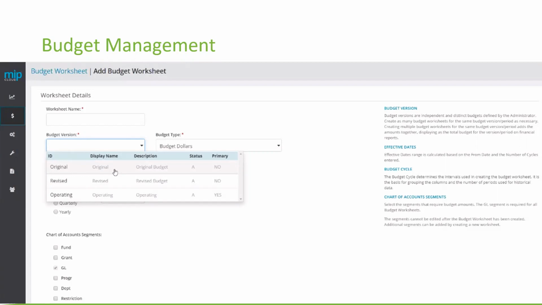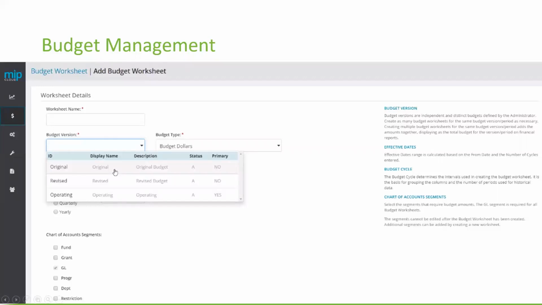To help drive that efficiency, if I were to actually click on a help menu, MIP would automatically recognize the area that I'm in. In this case, if I clicked on Help on the budget worksheet, MIP would then return and provide relevant content. It would suggest a whole bunch of steps and content that related directly to budget management. So it's very unlike just trying to navigate through an entire help workbook.